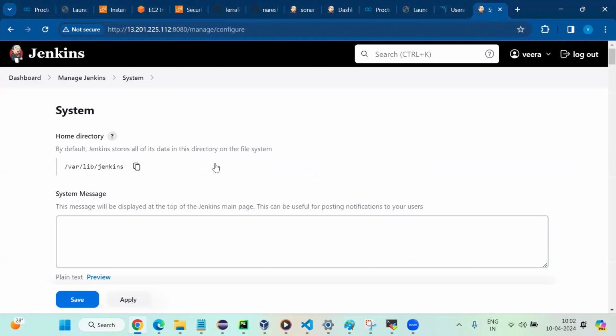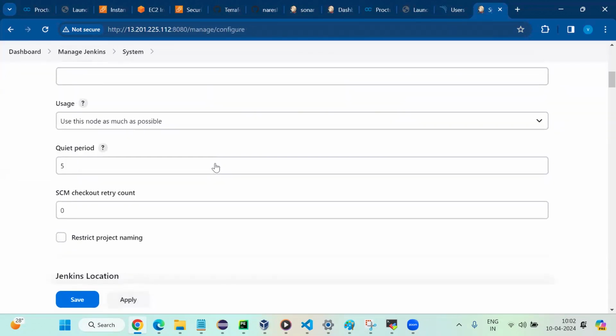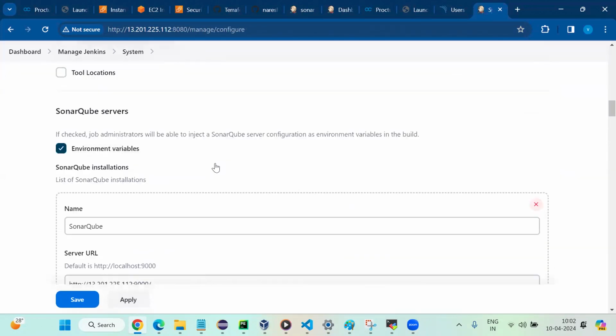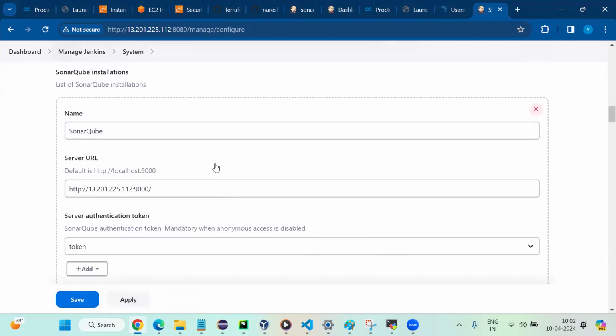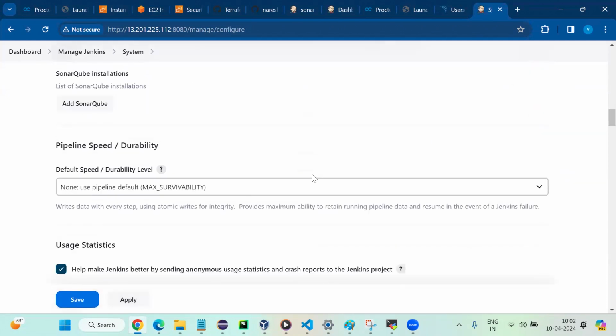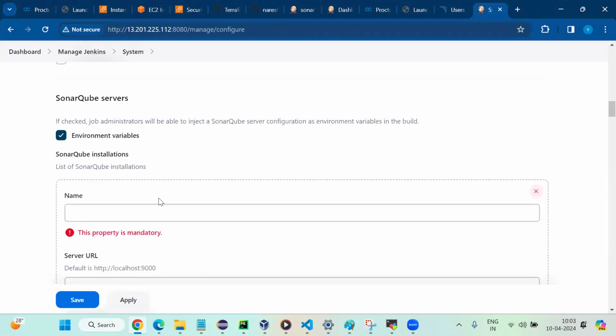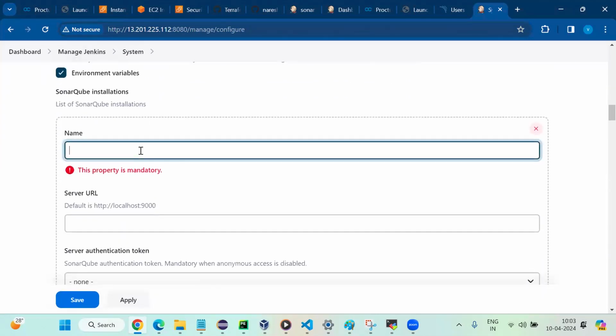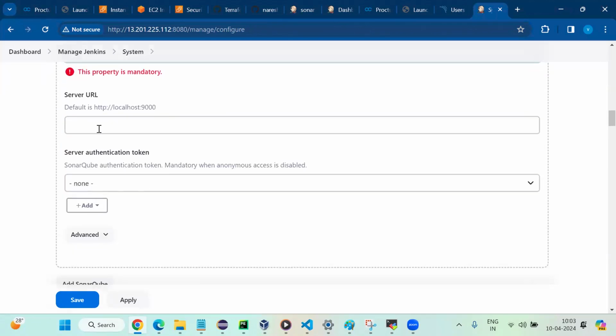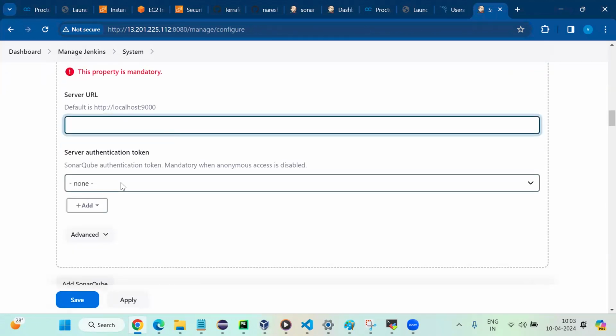Click on that. Come down here. See, I think I have already given it. Anyway, I'll just remove the SonarQube installation. Click on that. Here you need to give the name of the SonarQube, give the URL and give the token. Now Jenkins will verify with this endpoint and update